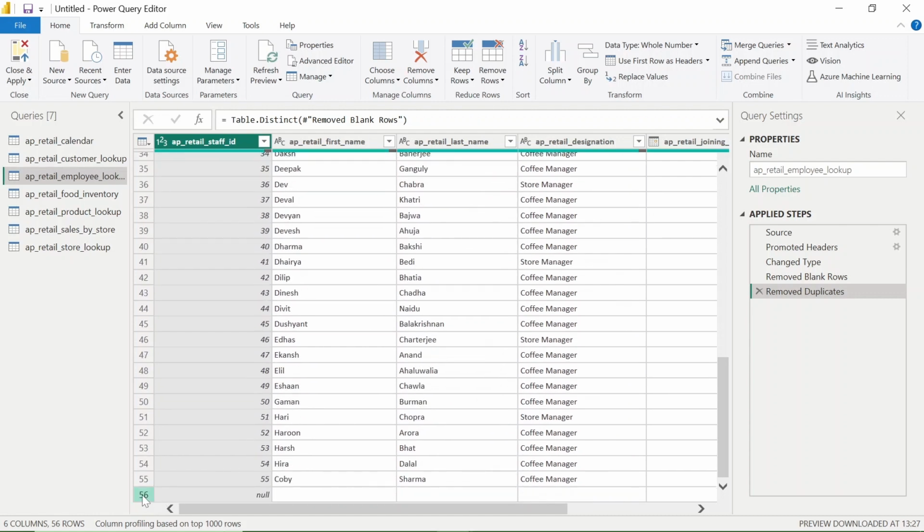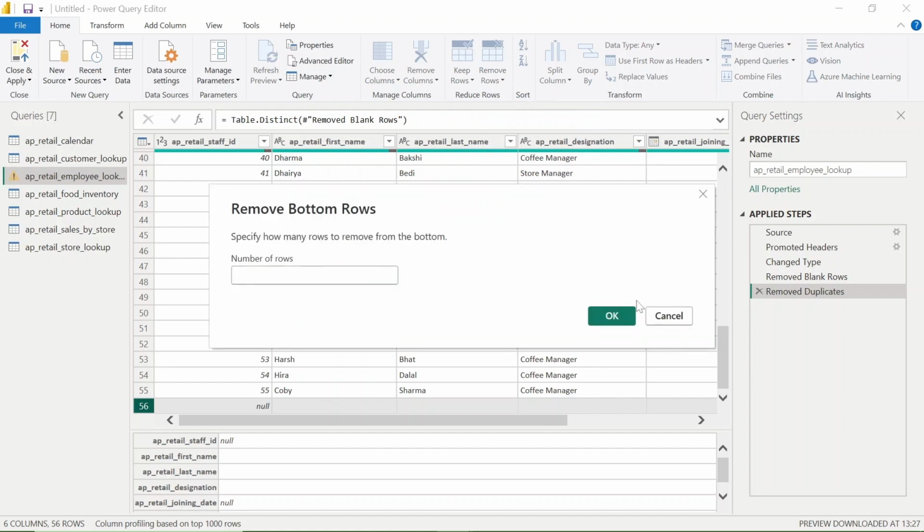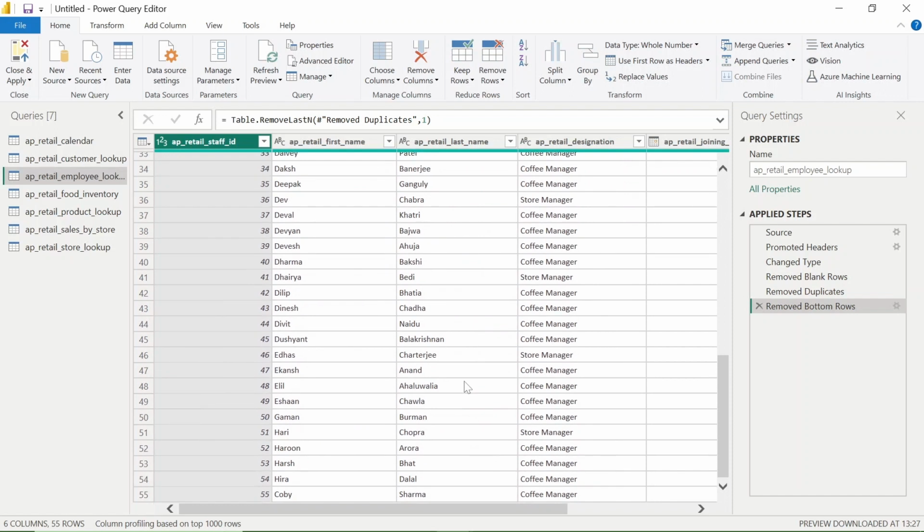No, it is not removing. So we need to remove the bottom row. The number of rows we need to remove from the bottom, let me put 1, and let's see. See, now this bottom row has been removed successfully.